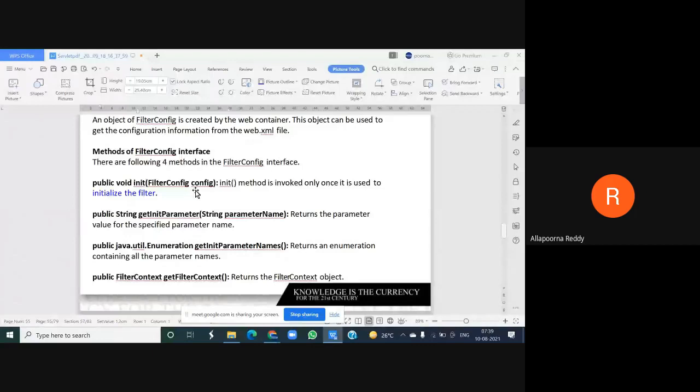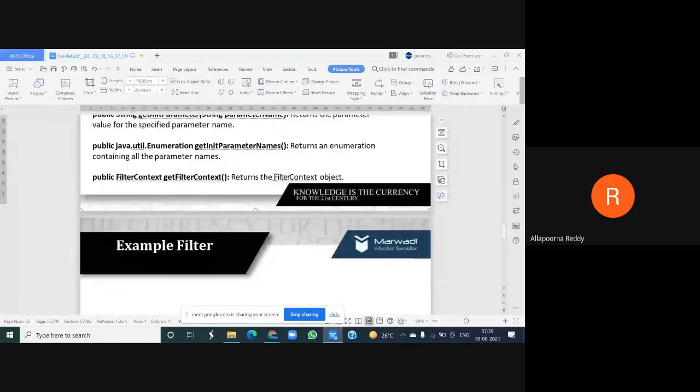Then, to get the parameter value for a specified parameter name, you use the second method. If you want the enumeration of all parameters, you use the third. And the last one is to get your filter context, the ServletContext object.